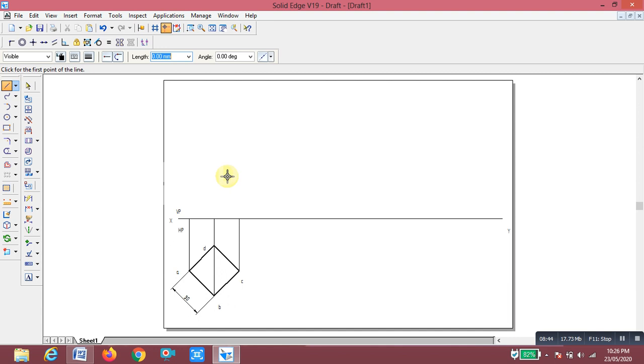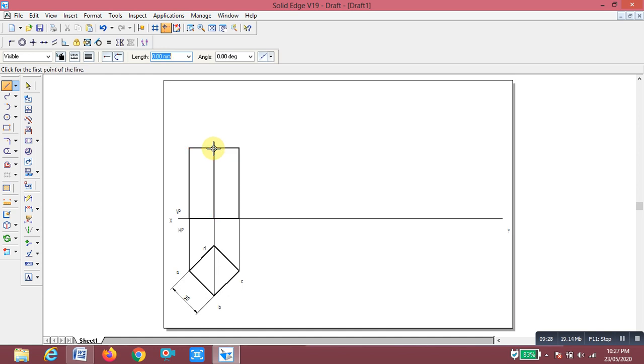In order to draw the front view, select the line command with border line thickness 0.5 mm. The height of the prism is 60 mm. It is a square prism, so first click on this point, this is the base. Then the height is 60 mm, so 60, enter, 90, enter. On this side it is the same; it shows dotted lines. You connect here, and one more line: in the front view this corner is visible. You select this. Okay, this is the front view.